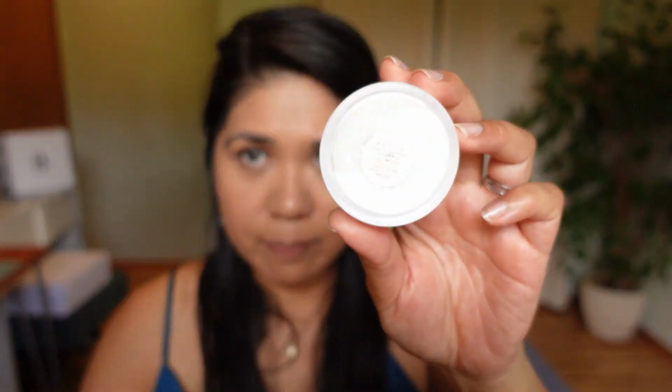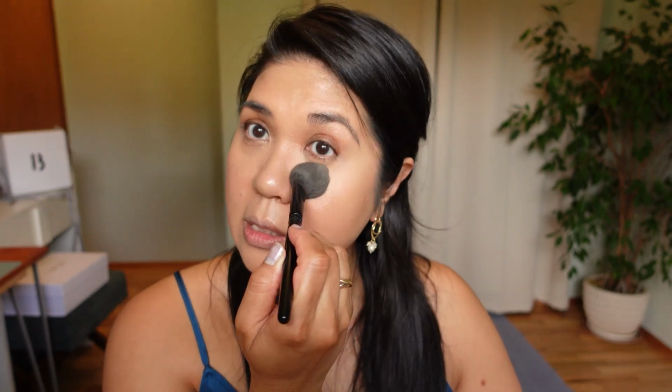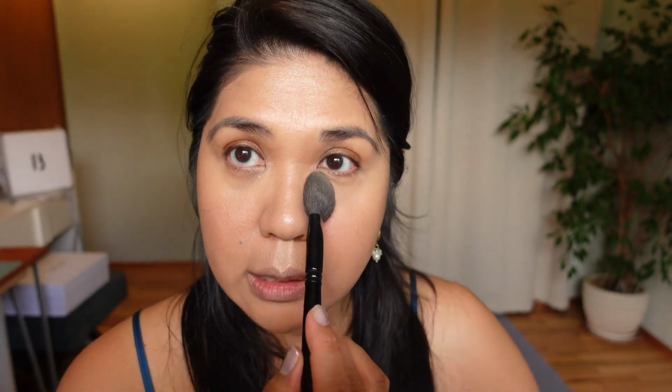Okay, so this is the Pat McGrath, but I'm going to grab this Becca Cosmetics Under Eye Brightening Setting Powder. I want to see if this helps with the circles because I don't know if the concealer color I got is the right color. And I don't know if it's worth it as a product to look and return and try to find the right one. Okay, so this side I use loose powder of the Becca Cosmetics Lightning one,